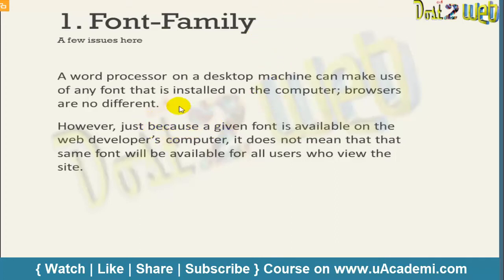Whenever you write any paragraph or text in your desired font and share it with someone, the font you are using is on the web developer's computer. Whoever is designing that page has that font on their machine and is building the web pages.